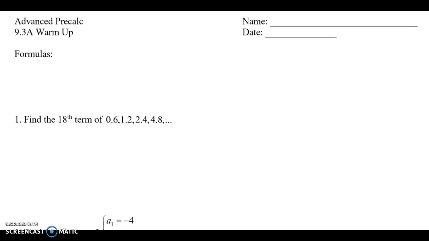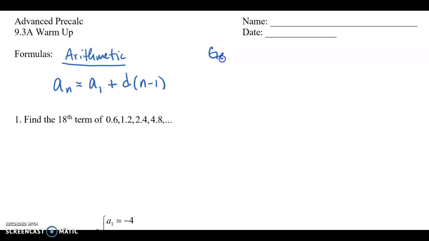So at the beginning here, it says formulas. And you might say, well, what was it asking? It was just a reminder of our arithmetic sequence formula. And that structure is that a sub n equals the first term a sub 1 plus some constant d value times n minus 1. And then for geometric,